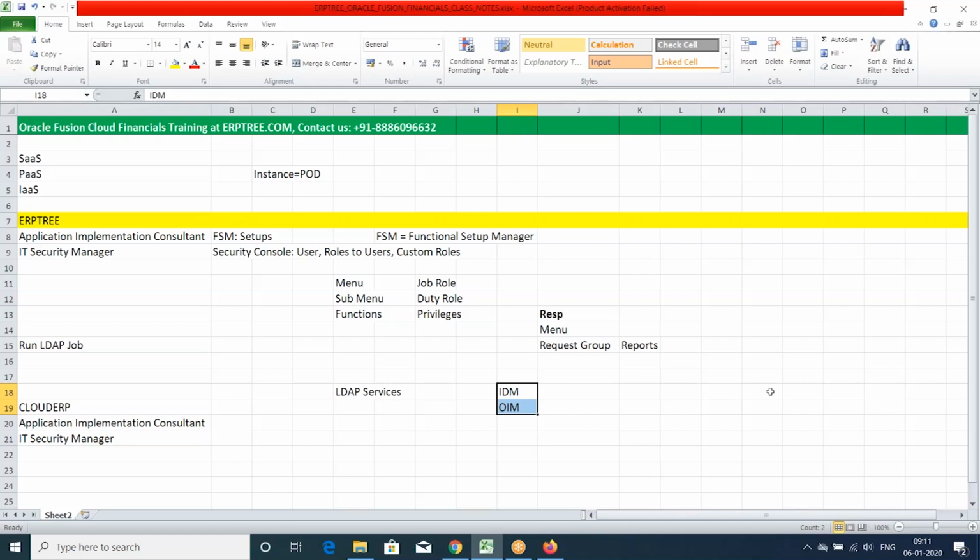Okay. Again, a dumb question. What is Oracle Identity Manager and how is it linked with these things? Is there a relation? Yeah, Oracle Identity Manager is for the purpose of managing the user accounts and giving the privileges to the users, to manage the roles, to assign the roles, to create the custom roles, which you can do with the IT security manager role. If you assign the IT security manager role, that will give you the access to security console. The security console is the framework they built against IDM to use this IDM or OIM functionality.